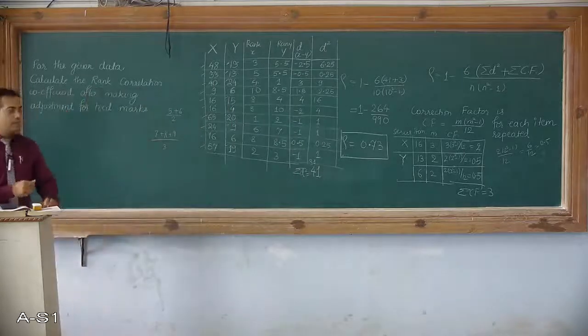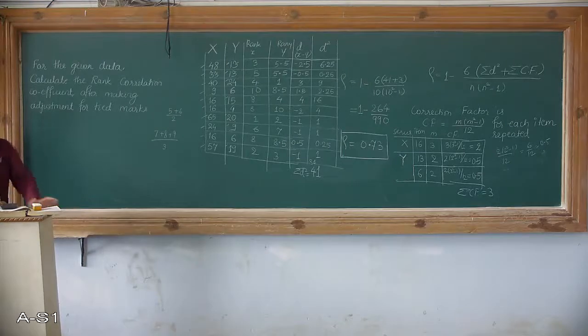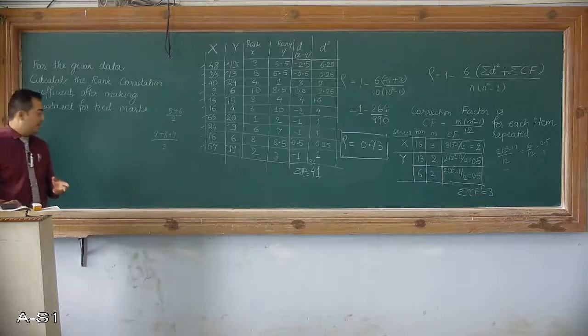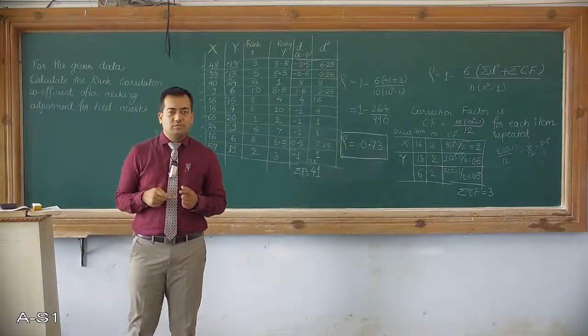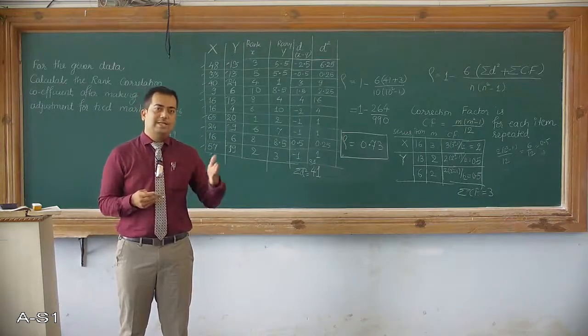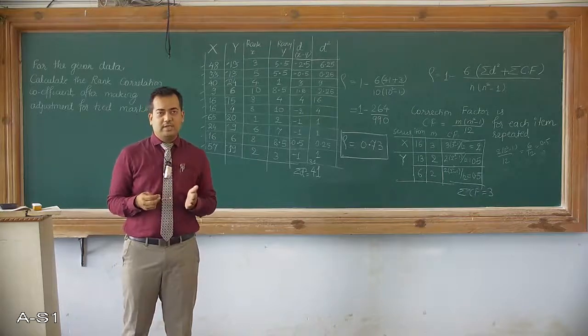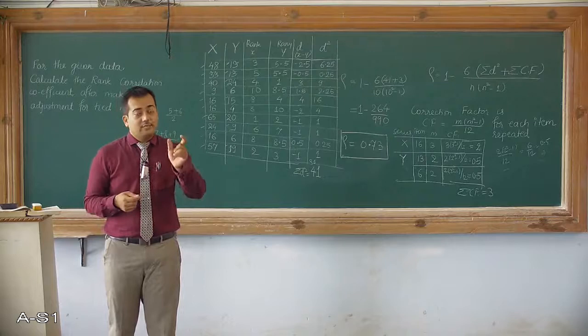Alright. So hope you have understood this example. So what you have to do, you have to always consider the repeated ranks and you have to give the ranks. How do you give the ranks? By the way, you have to consider the average of those ranks. So those could be any rank. It can be 2 and 3 or 3 and 4. So any continuous ranks. So their average has to be given, and for every such item which is repeated, we